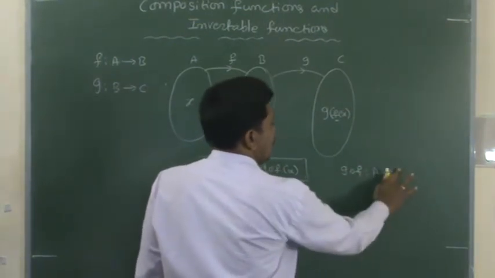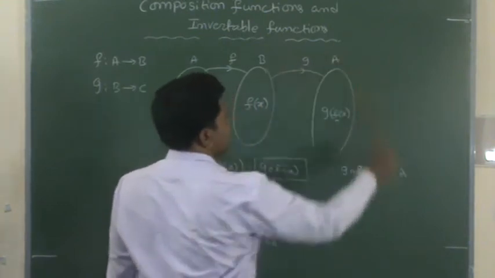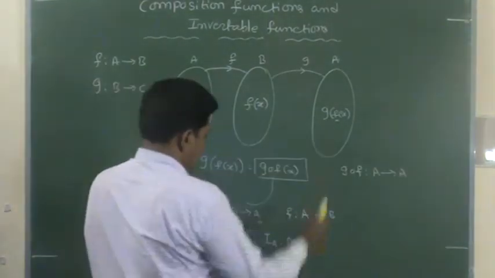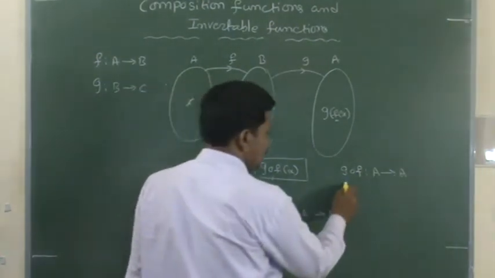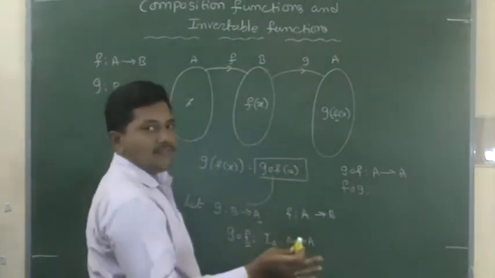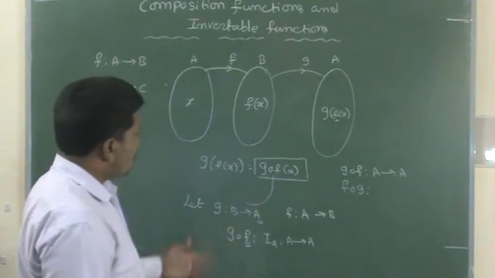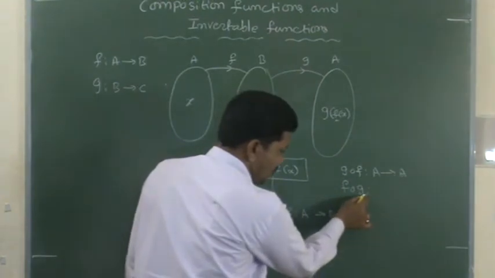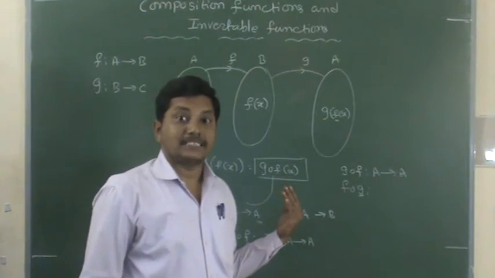That's why g is mapping from B to A and f is mapping from A to B. Now, in the same manner, I want to reverse also. For that reason, I consider A to B, B to A. Otherwise, the normal definition is A to B, B to C. I already gave it in the material, right? Now, in this case, what is f circle g? First we consider this side. From left side to right side, composite functions can always be expanded.